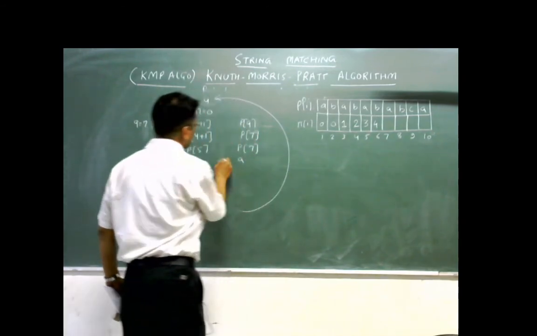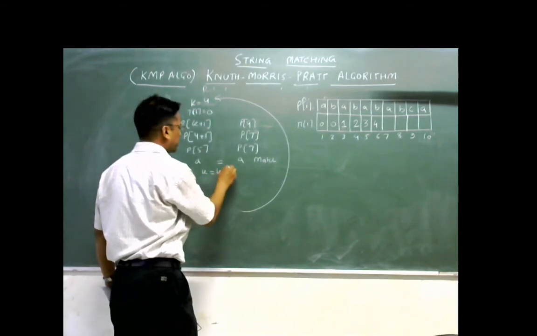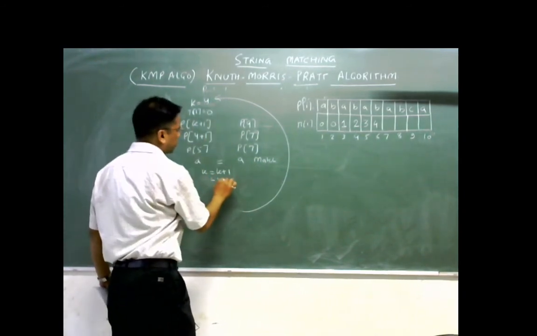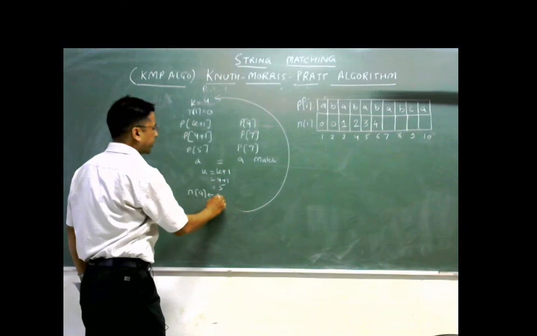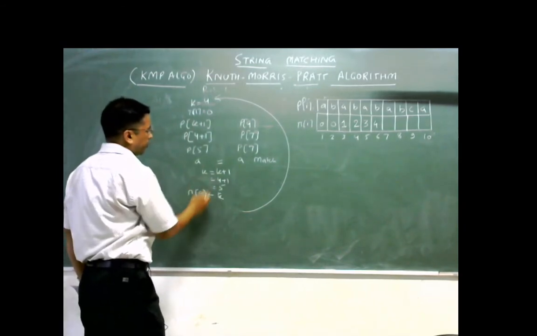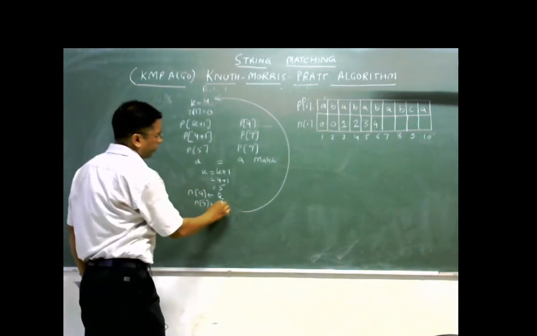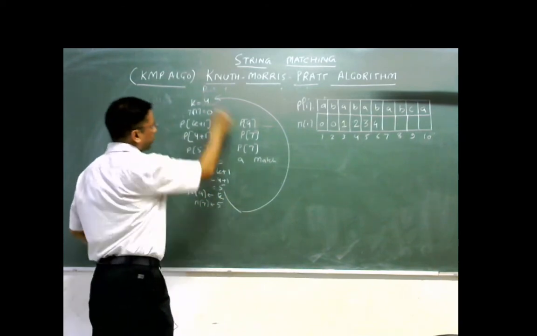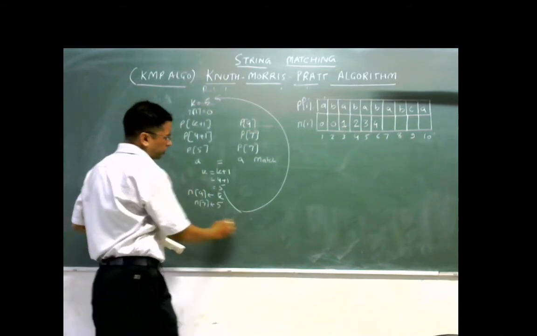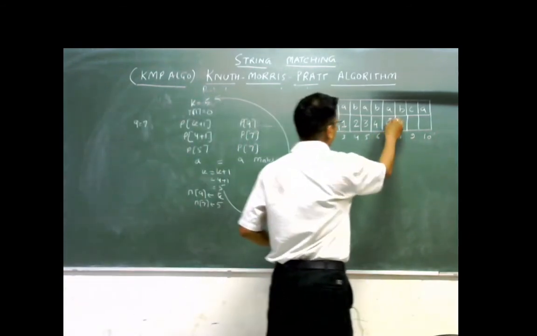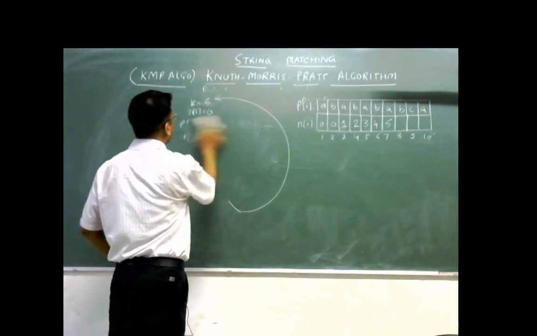So again there is a match. When there is a match, k equals k plus 1; k was 4, so 4 plus 1 is 5. And we shall assign this value to the pi[q] function. So pi[7] is equal to the k value 5, and we shall shift the value here. We update the value of k to 5 here and assign this value to this position. pi[7] is equal to 5, right? Now we shall compute for q equals 8.